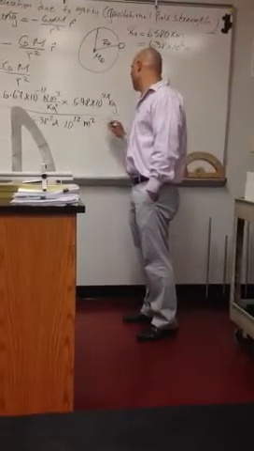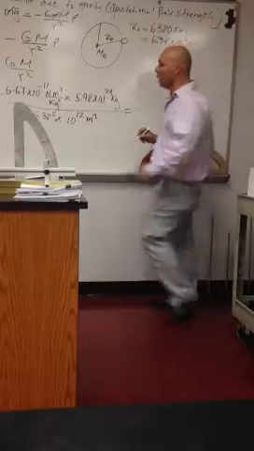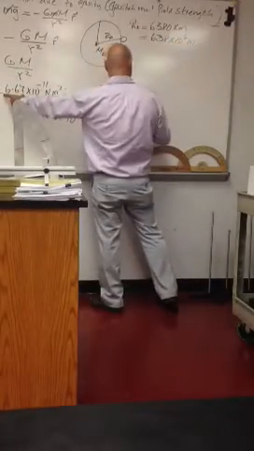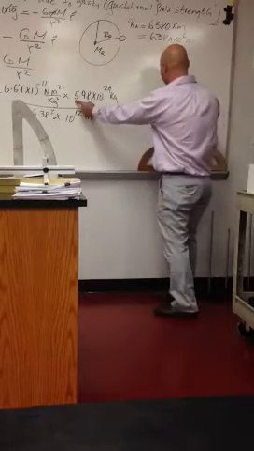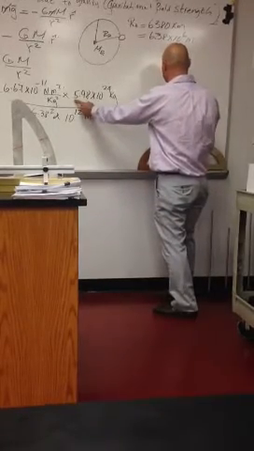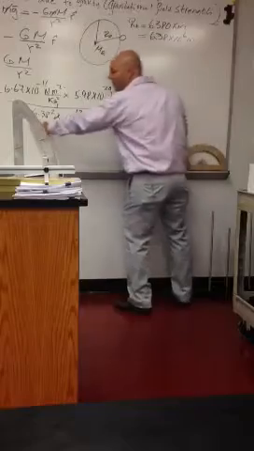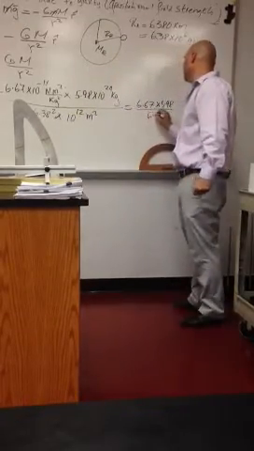Meter square. So if you take the calculator, multiply this number times this number, and divide by 6.38 squared,